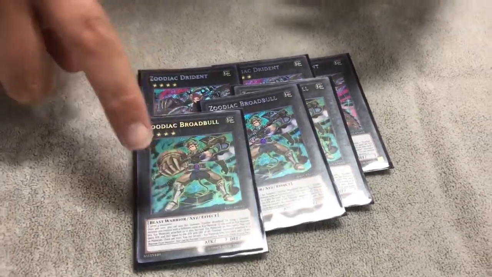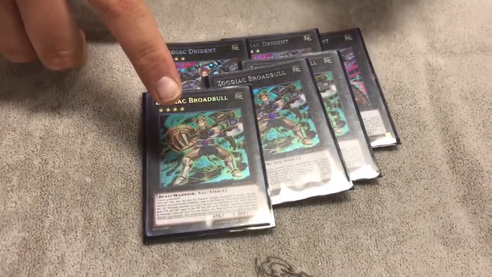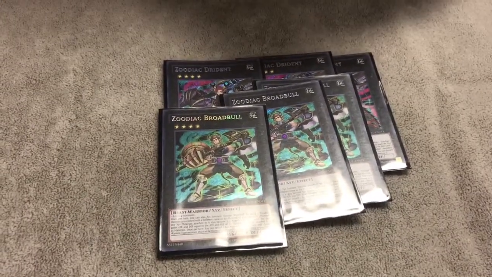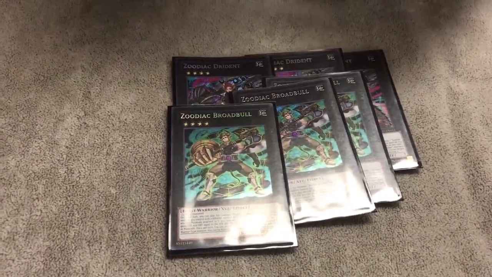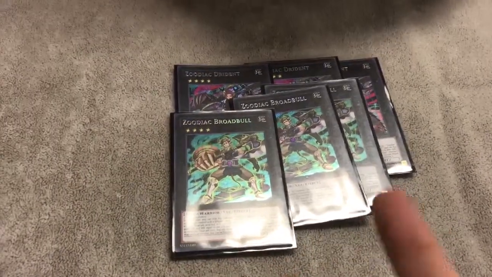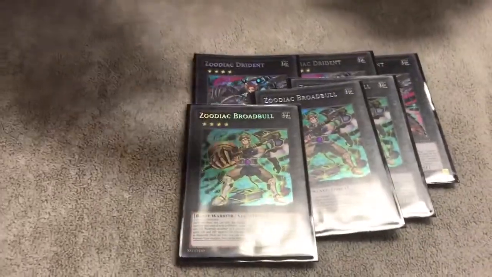I think Broad Bull is the better card for Zoodiac decks. It may even be better for generic decks, because with Bull you can search out a whole slew of good Beast Warrior cards, and then in non-Zoo decks, that's the way you go into Trident. So if you ban Bull, then it stops rogue decks from making Trident. Yeah, but I mean, I do think